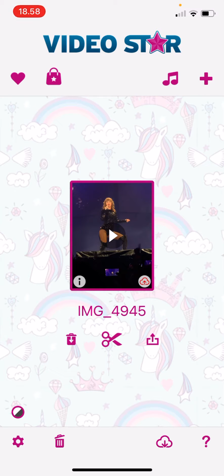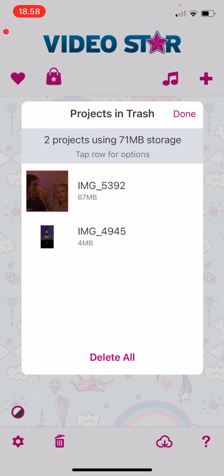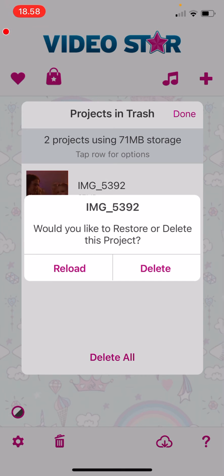In this video I will be showing you guys how you can restore deleted projects on the Video Star app. So click on the trash button here, and as you can see there are two projects in trash. You can either delete them all, but to restore you're just going to select the project you want to restore